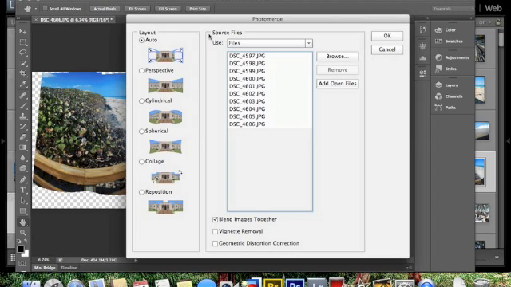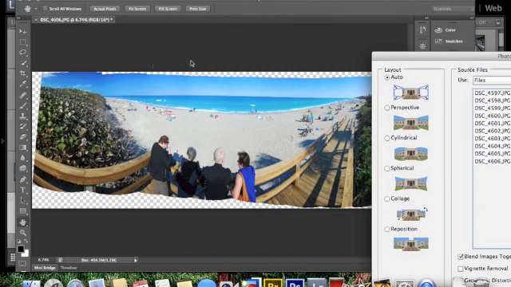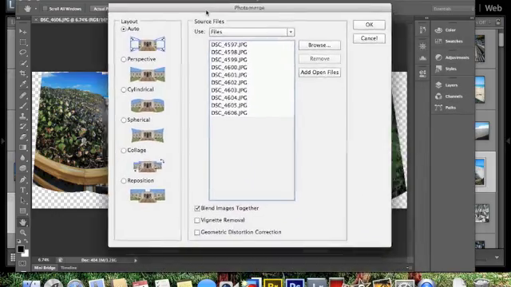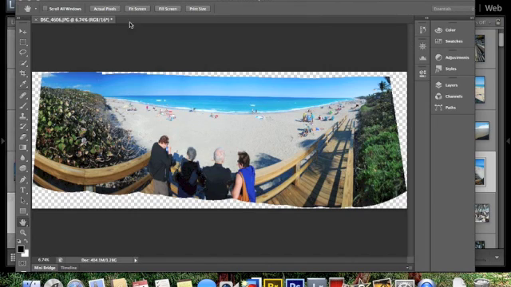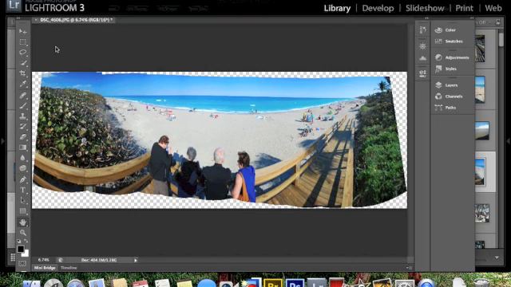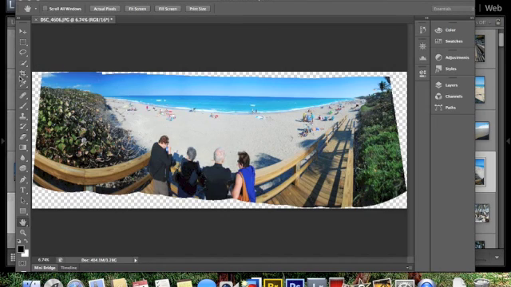And then at the bottom here you have vignette removal, and I'm going to point out a couple. You can see the vignetting, or as called banding, in panoramic images. And if you did the vignette removal, it might give you a little bit more of a smooth skyline in this image. The geometric distortion correction is something to definitely play around with. You press OK. I'm going to press cancel because I have already made the panorama just for the ease of this video. But basically it'll take a few minutes, it'll line it all up, it'll put it all together, and